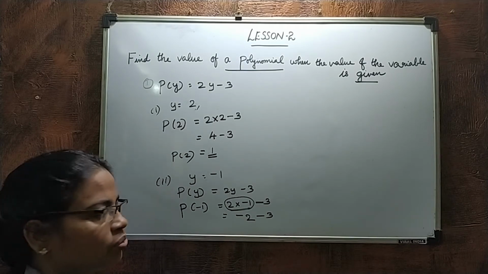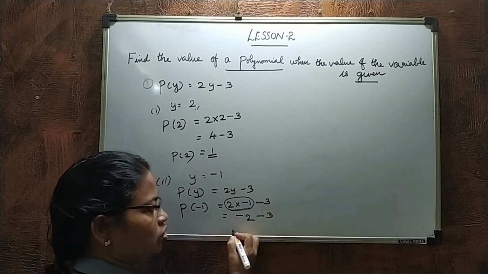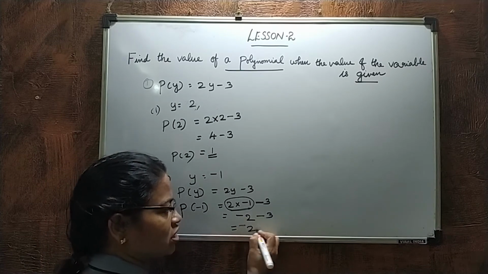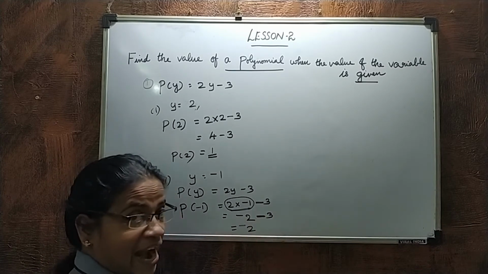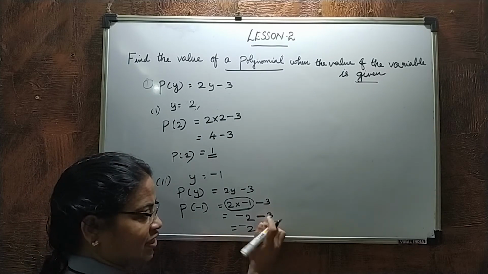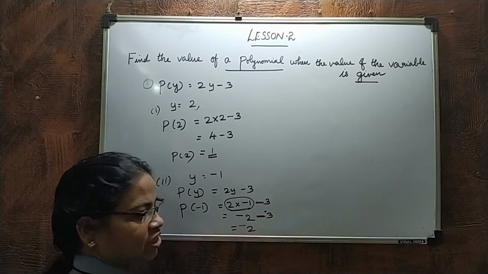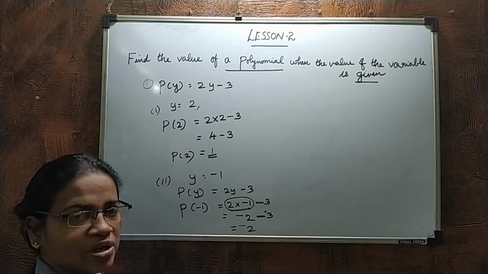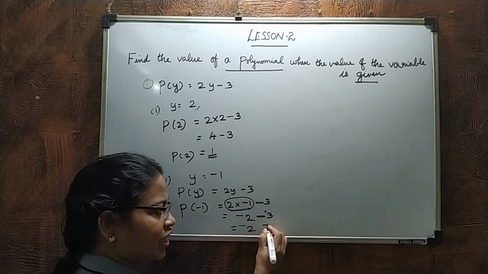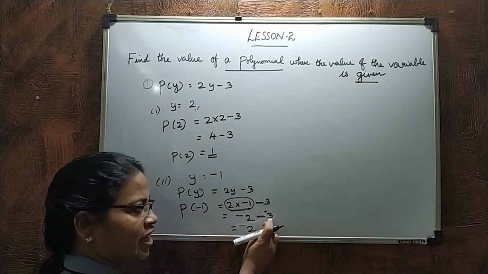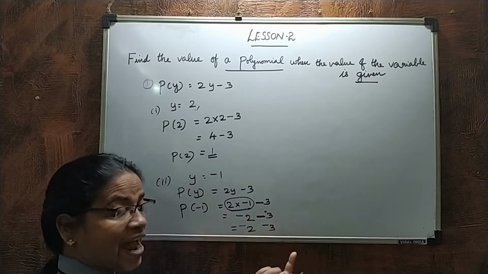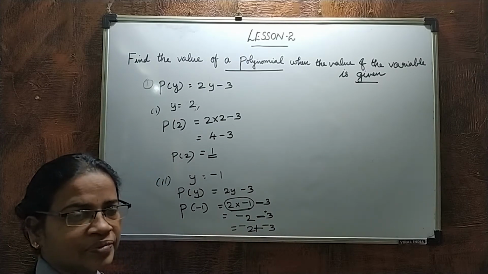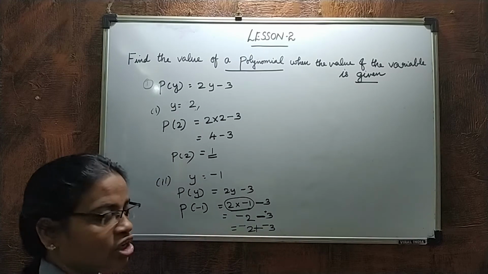What are you going to do now? Here we know what the rule is. Take the additive inverse and add for the subtraction. Take the additive inverse of the second. Now, 3 is positive here. There is no negative, that means it is positive. Take the additive inverse, negative 3. Take the additive inverse of the second and add plus. Clear? So, that is the rule you have to remember.